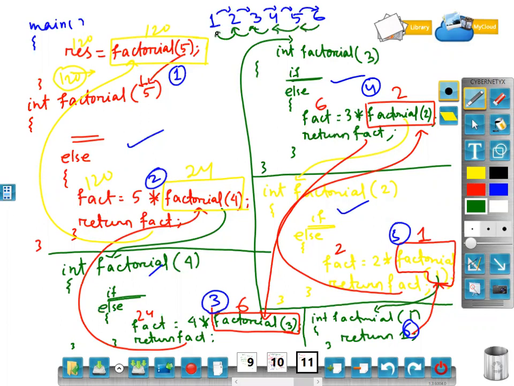This is what function recursion is. Function recursion means you are calling the same function inside the same function, but the same body never gets executed. It's a different body each time. How many function definitions will be executed depends on the input. So on the basis of the input, the sequence of functions will be called, and in the reverse sequence, the output will be returned. That is the work of the return statement.